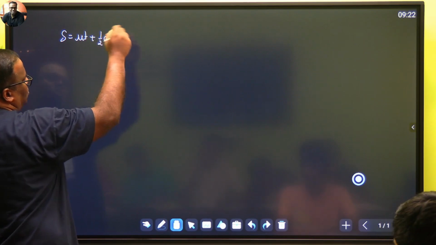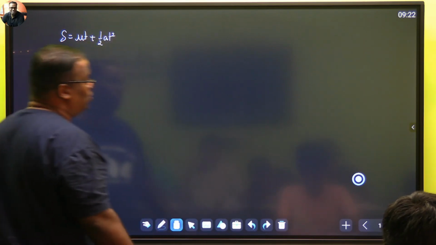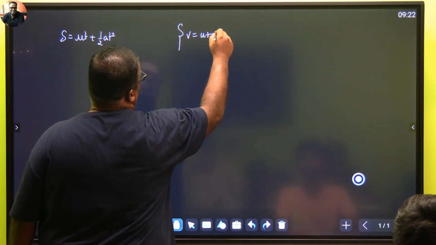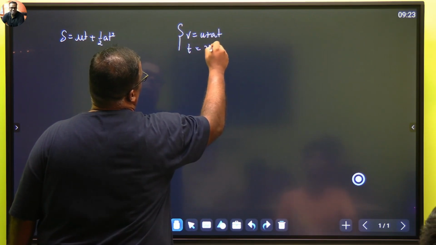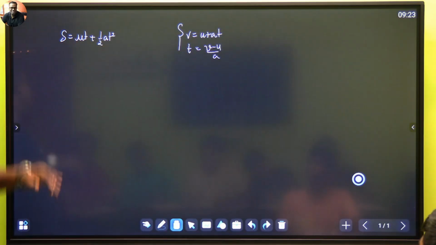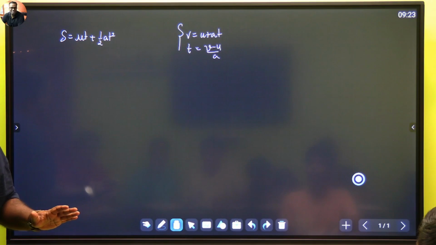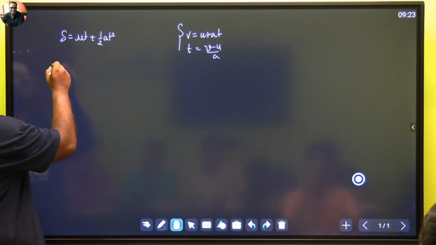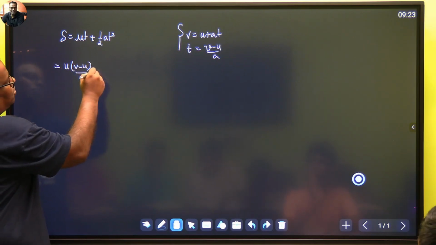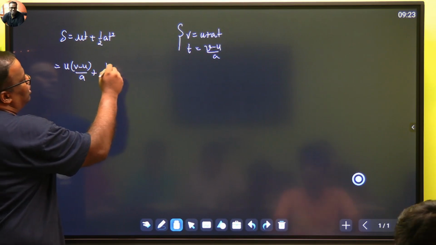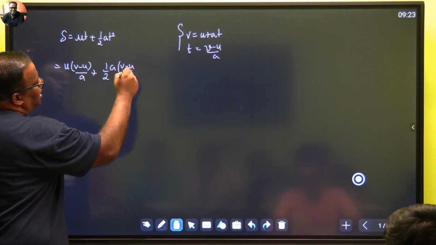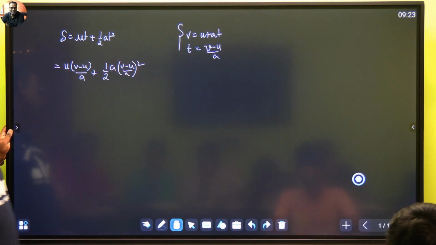You are now supposed to come to the third equation, and in third equation we don't have t. So the first equation gave you v is equal to u plus at. बच्चा यहाँ से t का वैल्यू क्या होता है देखो तो v minus u upon a, है ना? That you have to plug. It's all your algebra skills. बस और कुछ नहीं है. देखो u into v minus u by a plus half a, v minus u by a whole square. ठीक है?